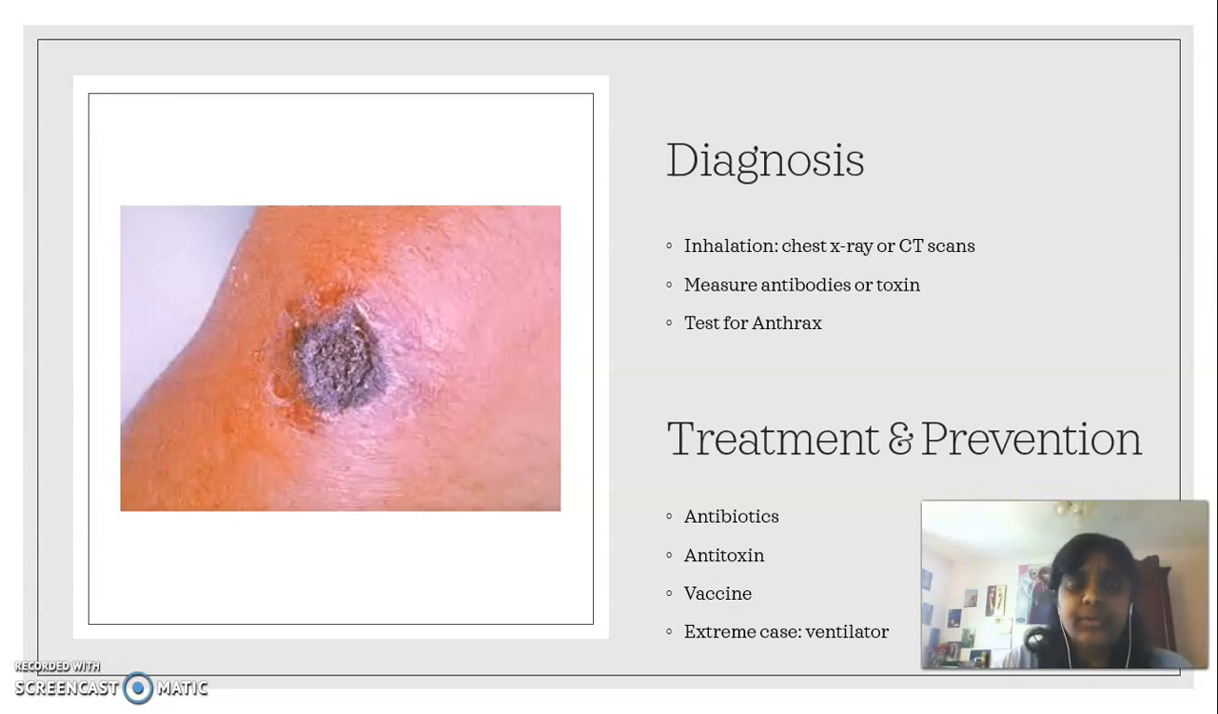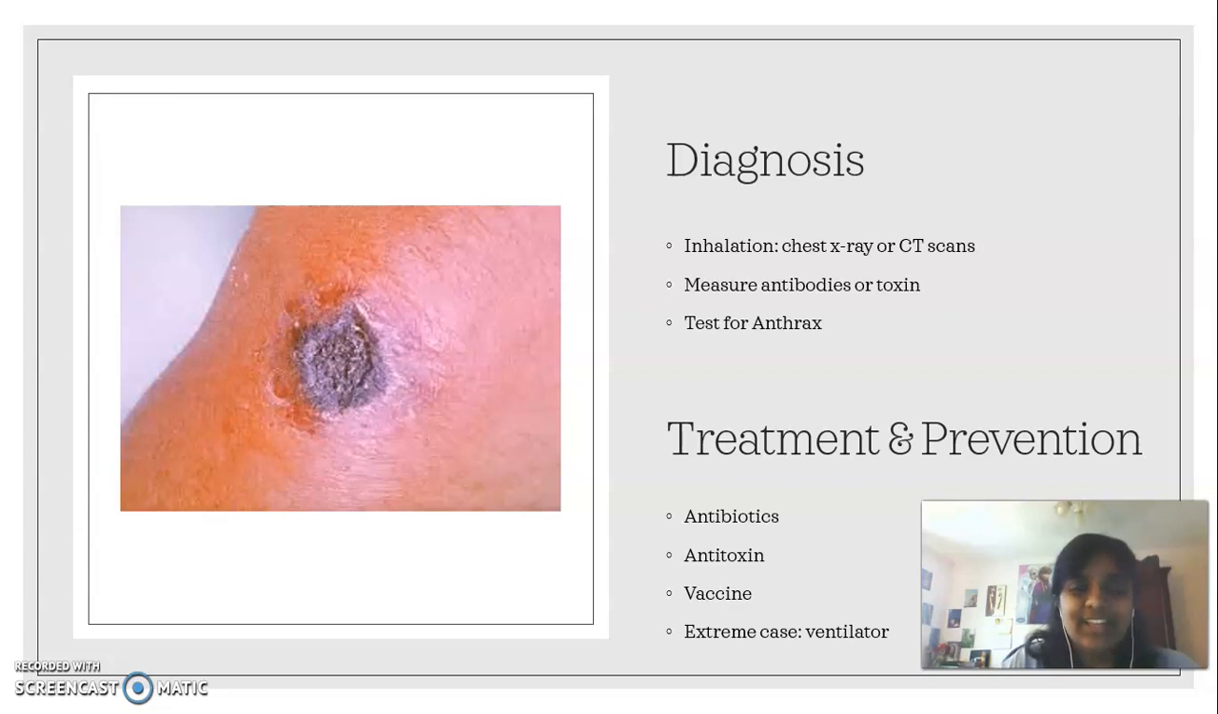So this can include those who work in the military, any lab workers, anyone who works with animals that could come, mainly grass-fed animals, but anyone who comes into contact with animals like that. And then they'll also use antibiotics as prevention as well for people who have come into contact or have been exposed to anthrax but aren't showing symptoms yet. And they'll usually use ciprofloxacin